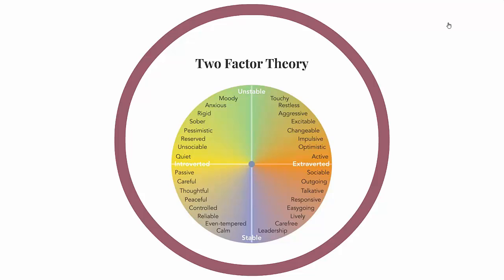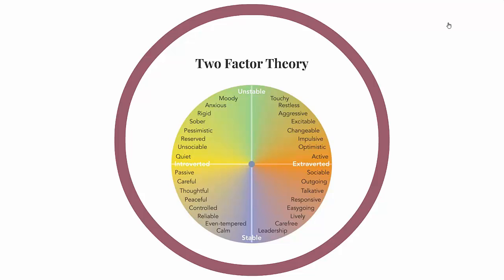So if you are an unstable extroverted individual and you are really high on instability and high on extroversion, you might be identified as excitable. And let's say that you might even be higher on unstableness, and you might actually be identified as aggressive. If you can see how those descriptions actually work towards different extremes. There are words there that we like more than others.